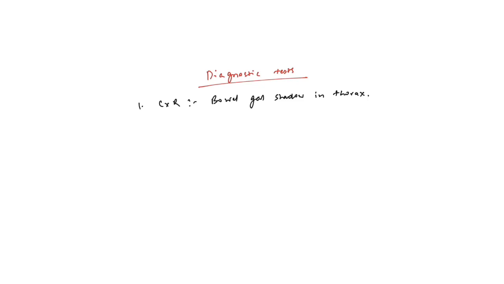If we try to put a nasogastric tube, then the nasogastric tube will be in the thorax, because the stomach is inside the thoracic cavity. Chest opacification will be present in the lower